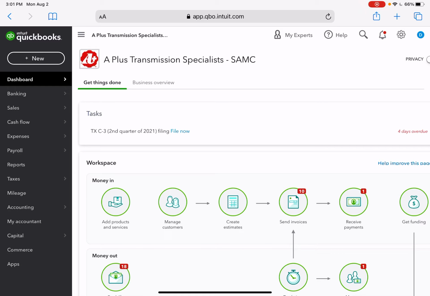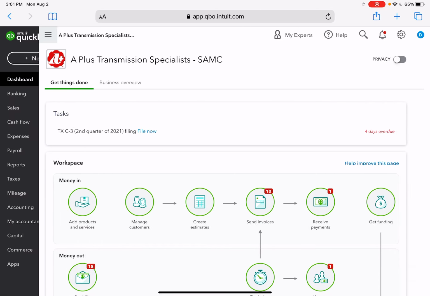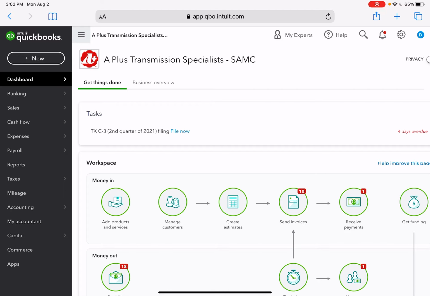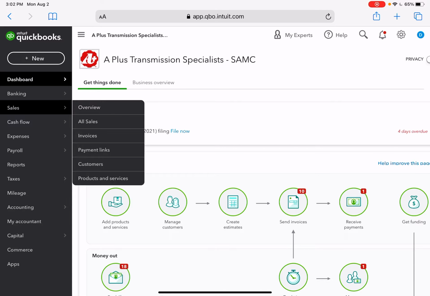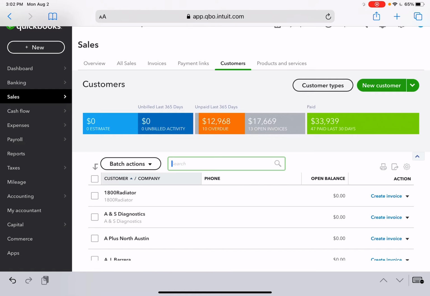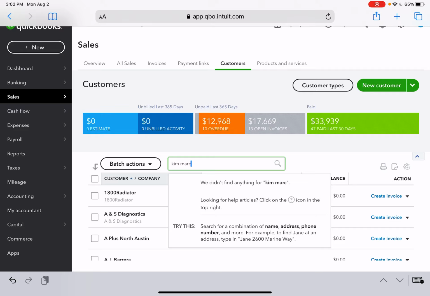So I first go to the side here. Sometimes you'll see this little side menu. You can pull that up and you go to sales and then customers, and then you're going to type in the customer name you see. So I have Kim Markham. I don't see Kim Markham in there, so I go to the green button that says new customer over on the right side,